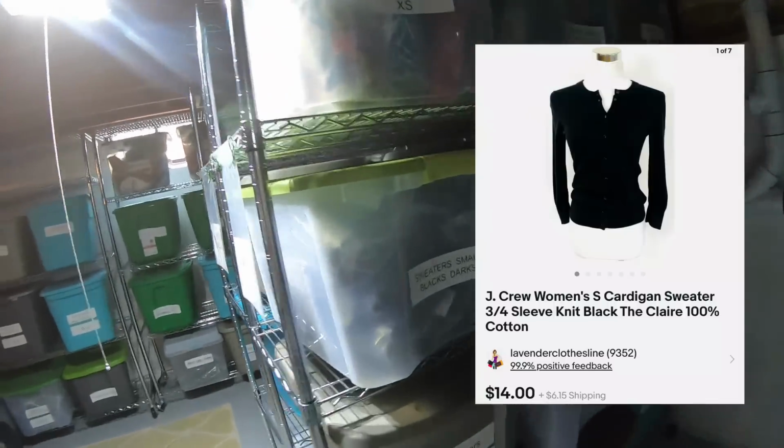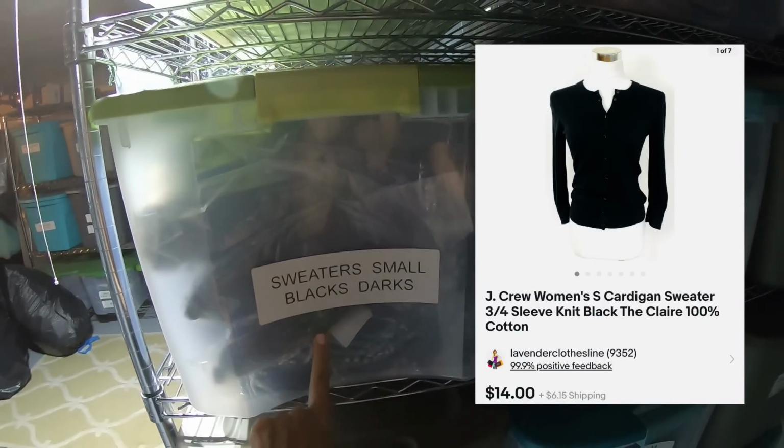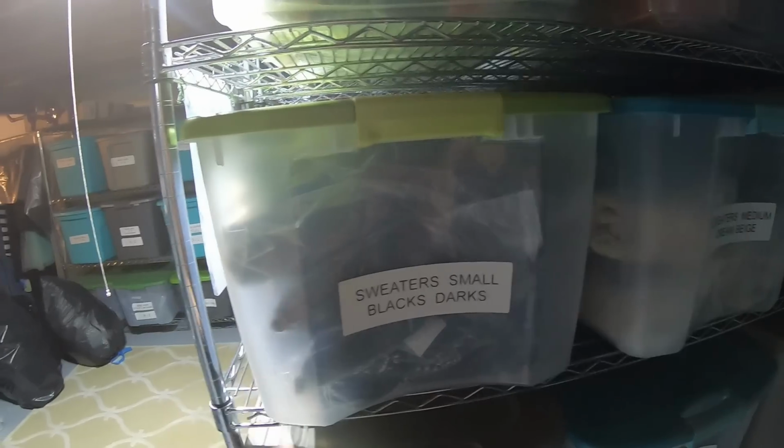Crew sweater, size small. It is black and it's called the Claire. It's going to be in here. Guys,